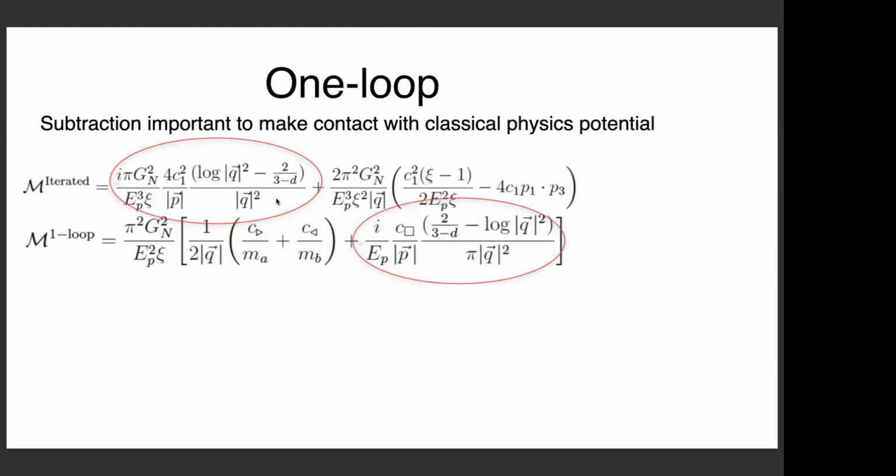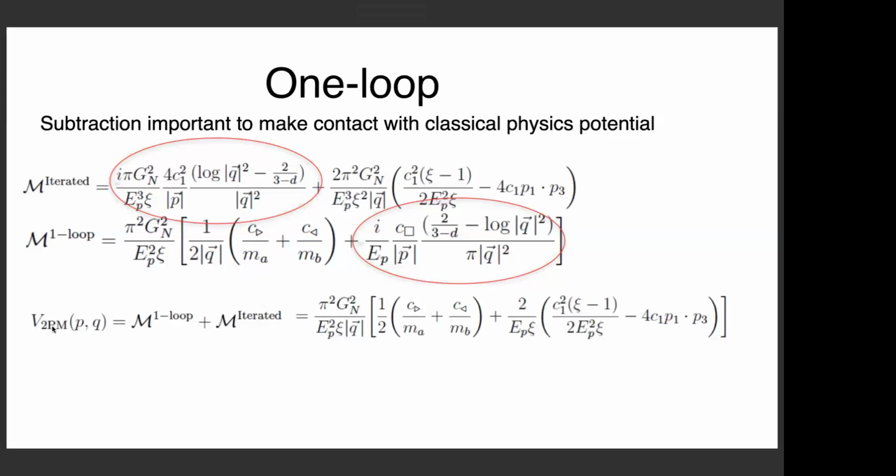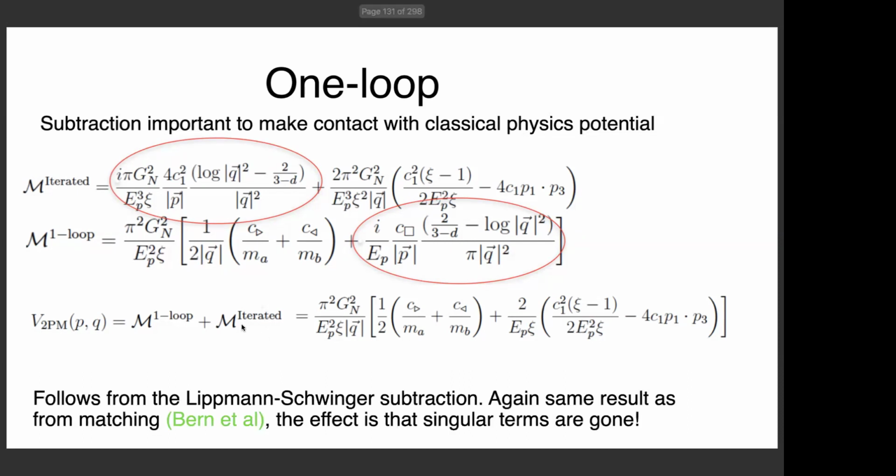So the q terms cancel the iteration q term, and that means that the potential in this case that we can derive, which is the sum of the amplitude and the iterated contribution in order to go between amplitude and potential, is in fact what we get from the triangles alone, plus some piece that depends on the type of coordinates we have picked. So if we pick coordinates in the right way, we can basically get everything physically from the triangle coefficients. And this follows from the Lippmann-Schwinger subtraction if we are doing this in the correct way.